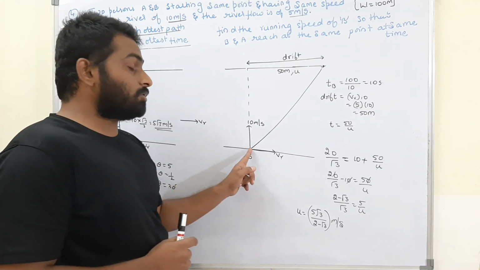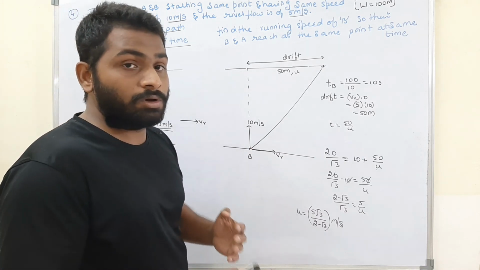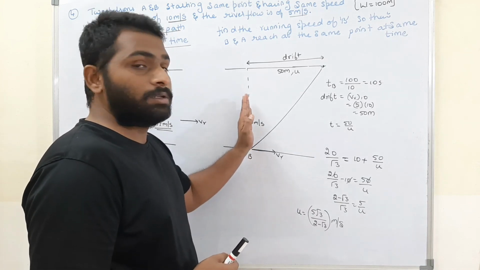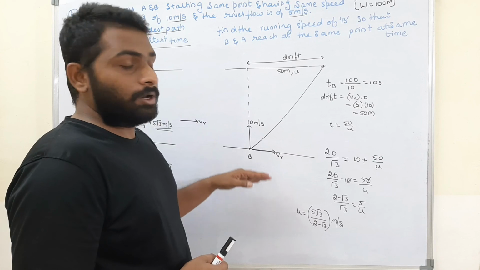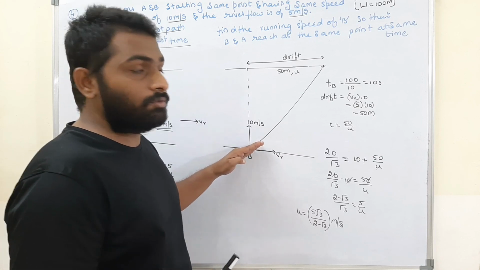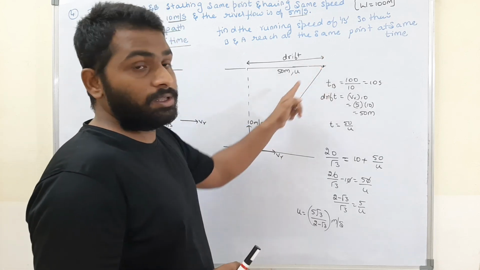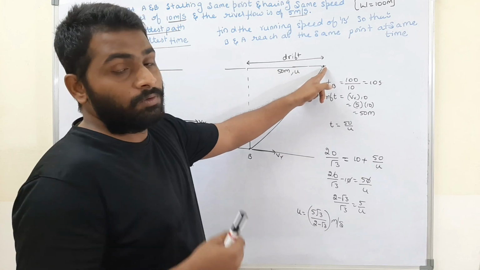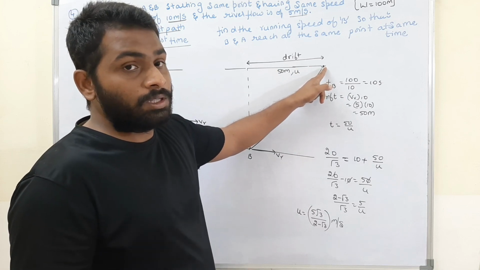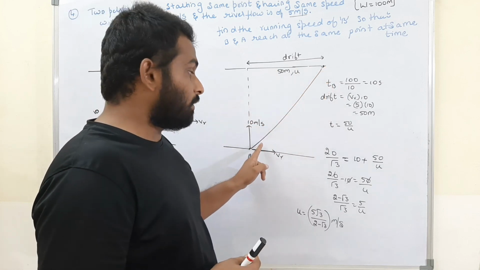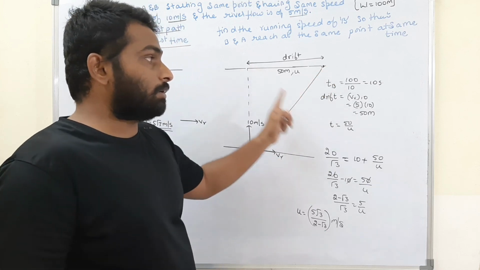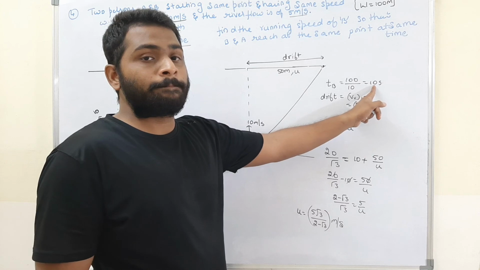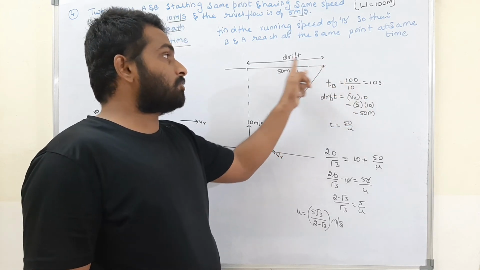Now B is moving in the shortest time. If he wants to move in the shortest time, he has to swim vertically, at 10 meters per second. This is the velocity of the river. Now in which direction will he move? The resultant will be in this direction. That means B will reach this point. If he wants to move in the shortest time, there will be some drift. Therefore B is reaching this point. Now what's the time taken to cross the river? 10 seconds. Now from here to here he has to run.